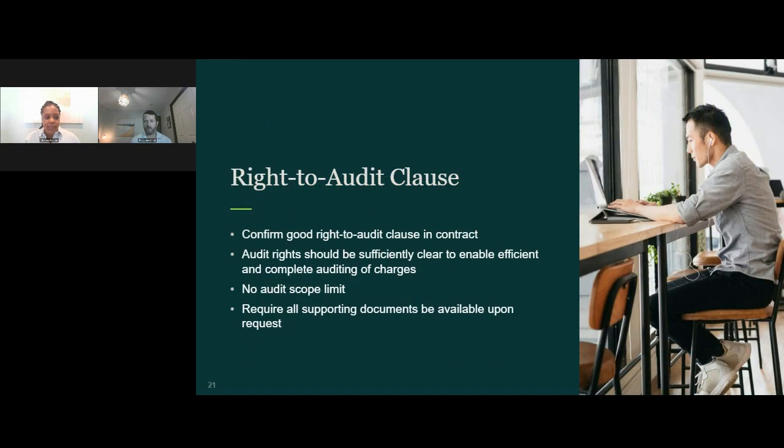All right. So right to audit clause, this is a clause that you can apply to basically any contract type. We've also seen it within lump sum agreements or CMAR delivery methodologies, GMP contract types. So the right to audit clause is a generic language that is readily available in the AIA, or you can Google it, for example. And all this does is allows you to obtain all necessary information for you to validate billings. Generally, there's no limit on requests or your ability to obtain the information,